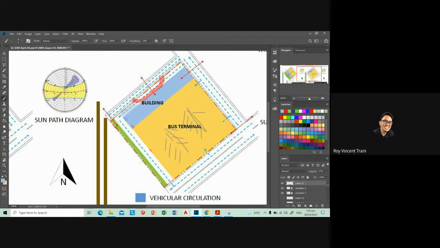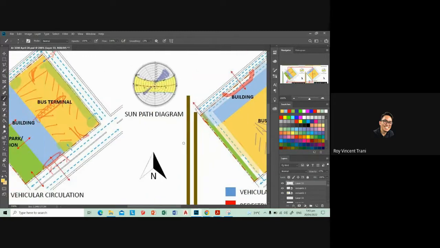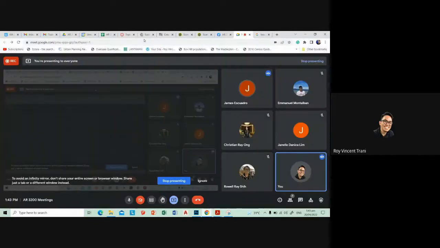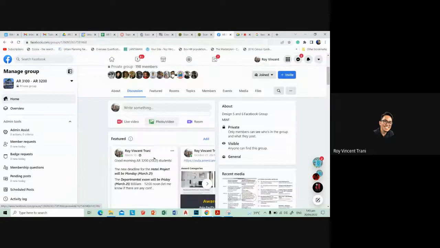So something like this. So building niya, and then you can even extend the building over there. You can extend the bus terminal all the way over here. And much more efficient than having just a whole road. So that's very vehicle centric. And like I said earlier this morning, that's not what we're trying to do. That's the old way of building. Okay. And finally, yes? Thank you, sir. No problem. And finally, we have